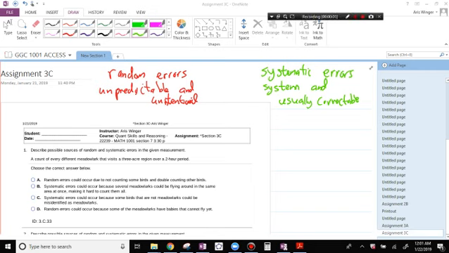Okay, in this assignment, we're dealing a lot with vocabulary and a little bit of stuff that we've been talking about before. So we're going to be talking about when you're in a system and a mistake has been made or an error has happened. And so we're going to be making the distinction between random errors and systematic errors.